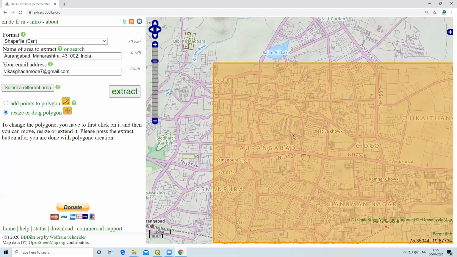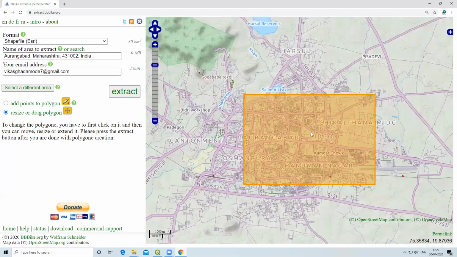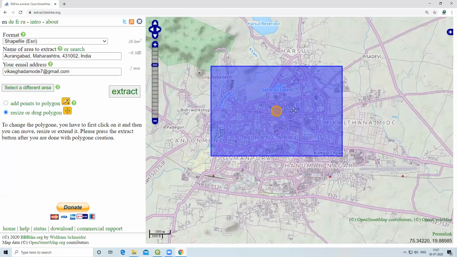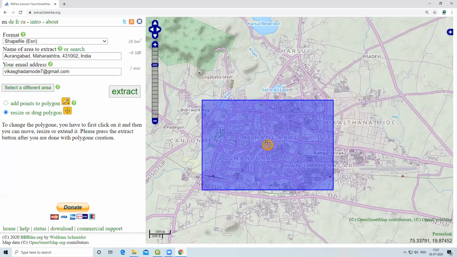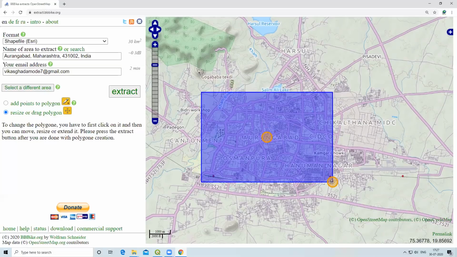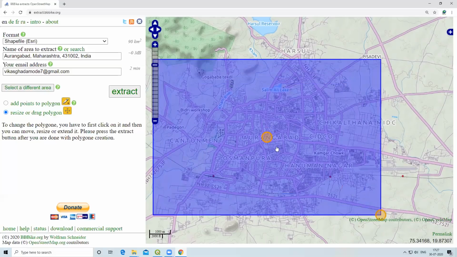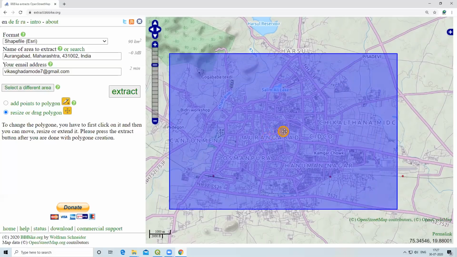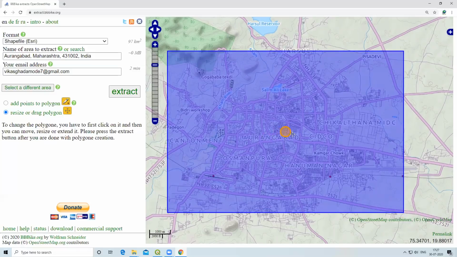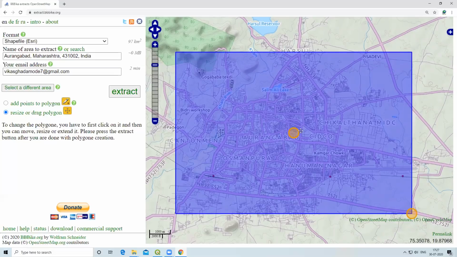After clicking, it will show the extent of the area that we want to download. You can move it, or if you want to increase the size, you can increase it from here. The selected area will download. We have to select the exact area which you want to download, or you can select as per your interest. So click on extract.